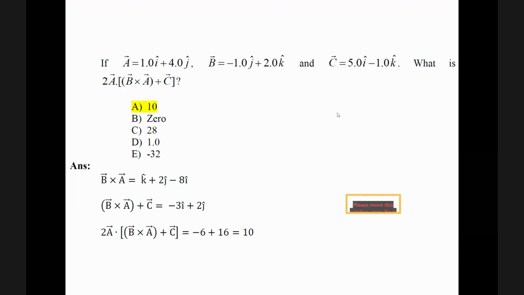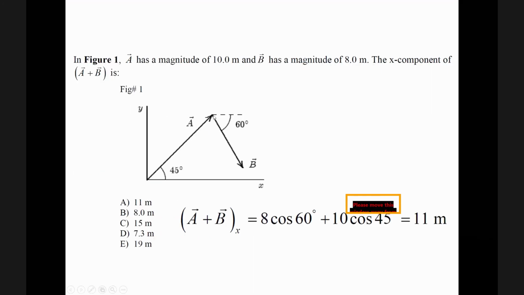8 cosine. Why sine? Let's see, we will come back to it. Maybe it's a mistake. Here this is 60. No, it is sine also. This is cosine, this is the adjacent. And this is the sine. This is cosine and this is the sine. Okay? So both of them are sine, the opposite. You agree with me?